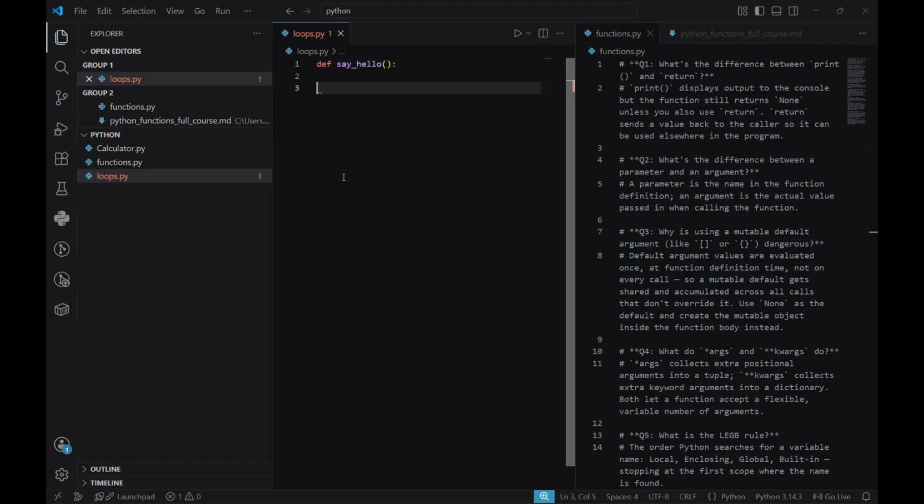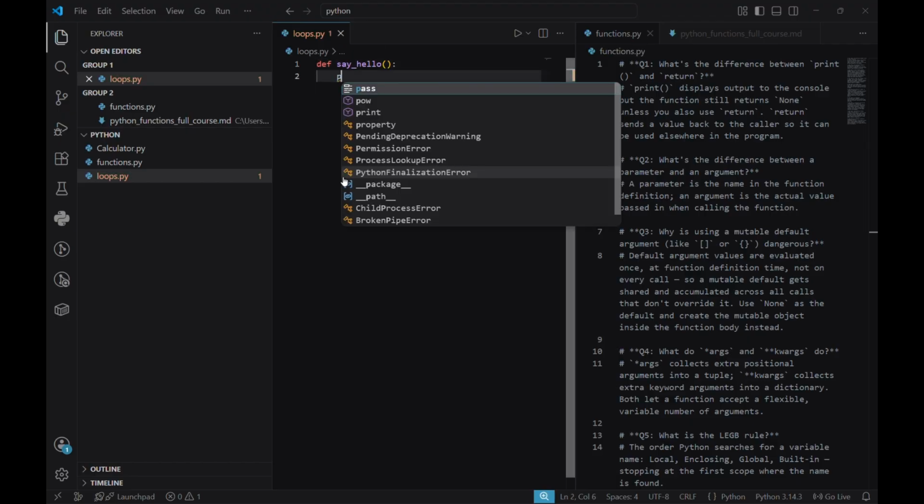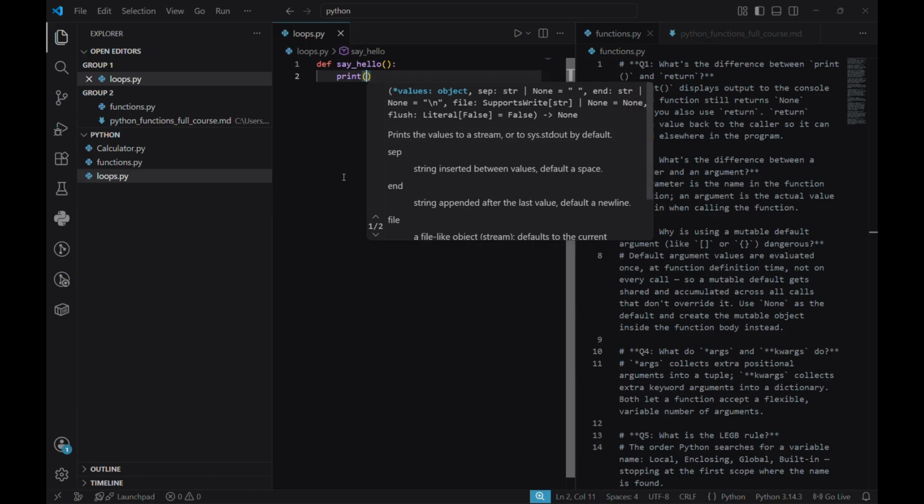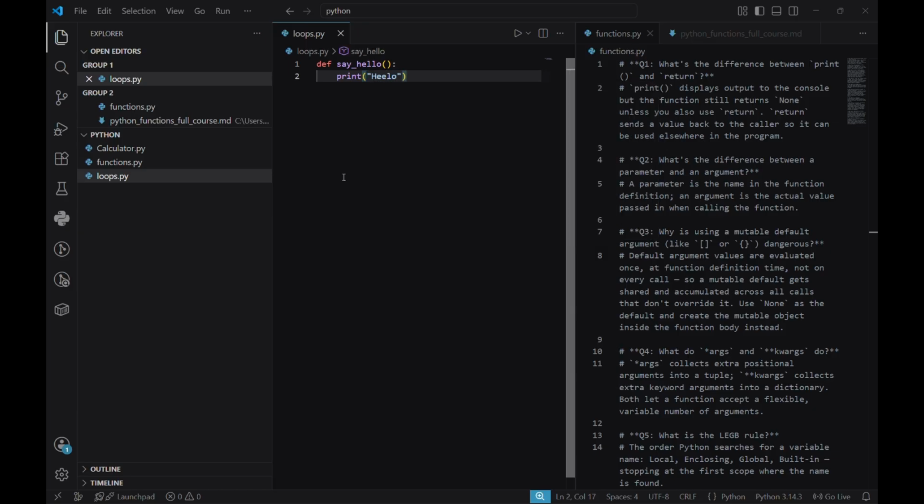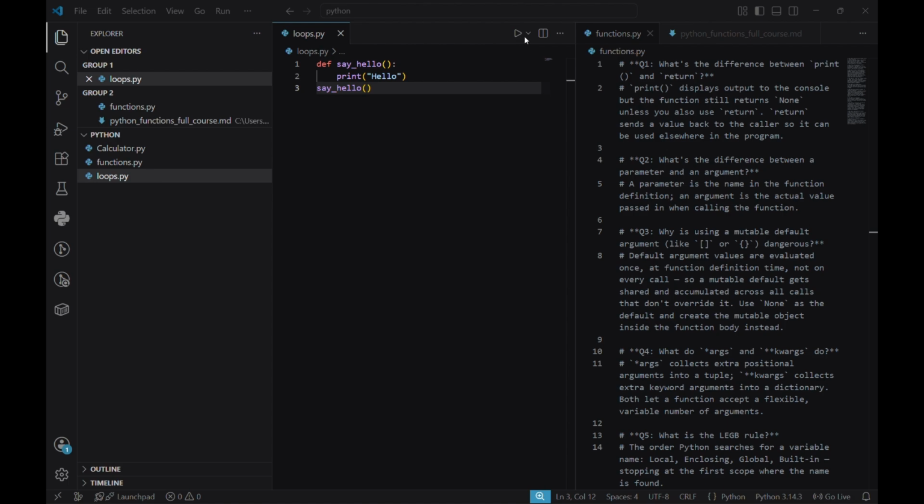It won't take any parameters, and it will print hello. This is a small function. If I want to call the function, I will just say say_hello with brackets. There is None because there is nothing returned here. I didn't even add any parameters. If I run this code,